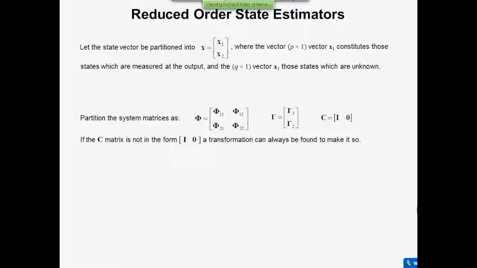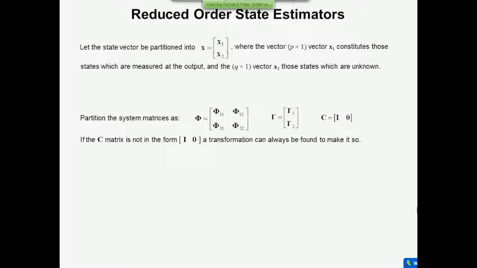I means that we've got direct coupling between the state and the output, so the states are being measured. And this, I'm assuming, is 0 for now. It doesn't have to be 0. It doesn't really matter. It doesn't affect anything that's coming. It might not be, but this has to be the identity matrix because we've got to be measuring those states. Okay?